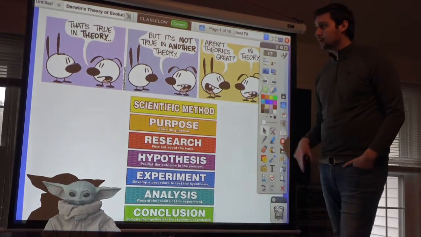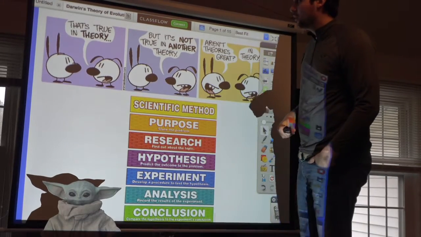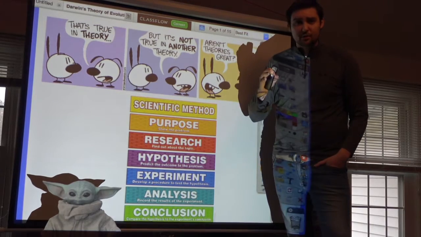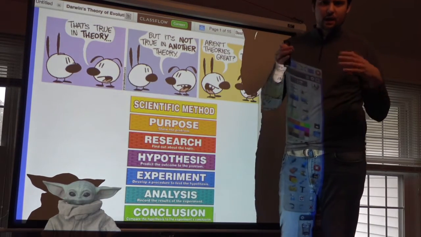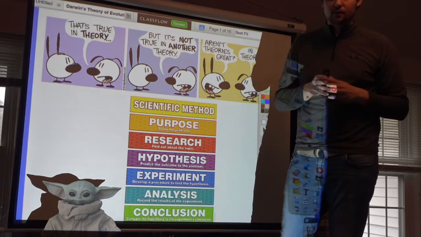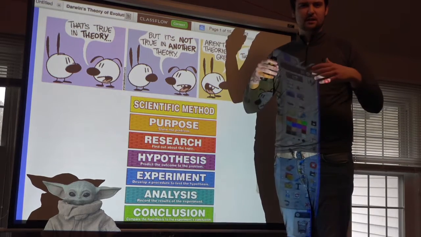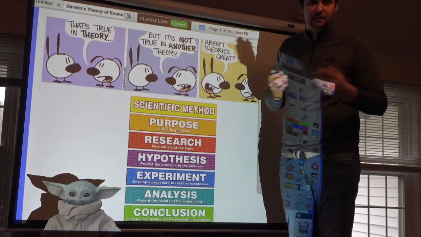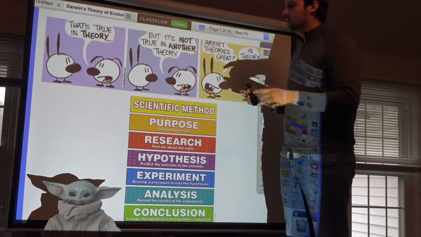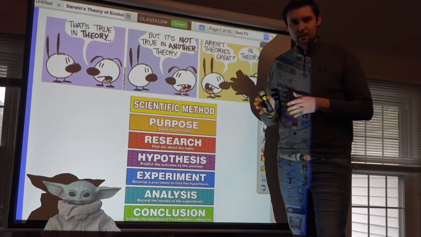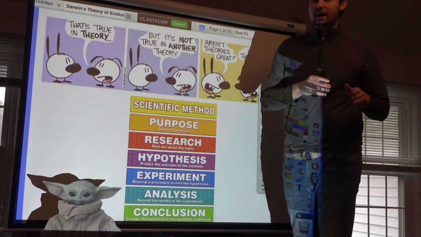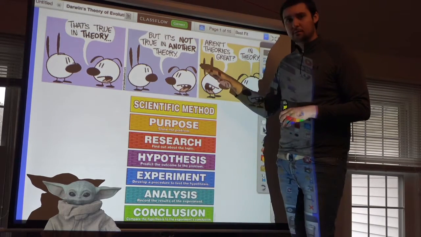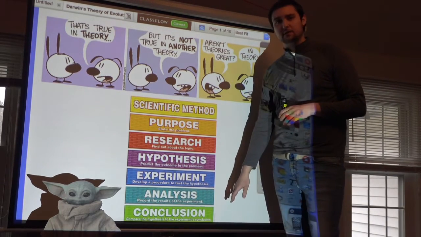So to start us off, we first have to define what a theory is. This is Darwin's theory of evolution. In a lot of ways, I'm sure many of you are thinking that a theory is just something predictable or like a hypothesis. "I have a theory about that." Well, in science, theory is not the common language use of theory. Theory is actually what comes at the end of our scientific method.